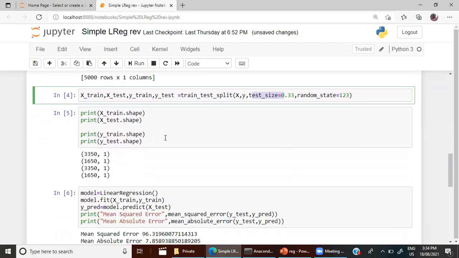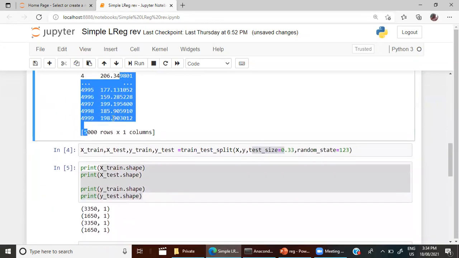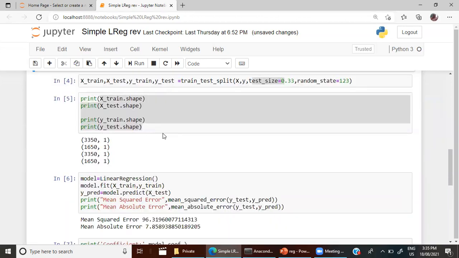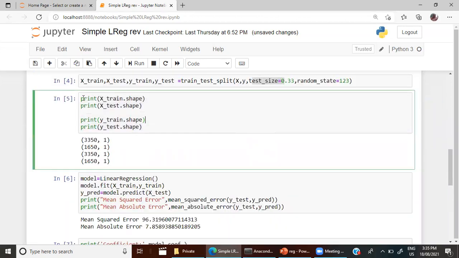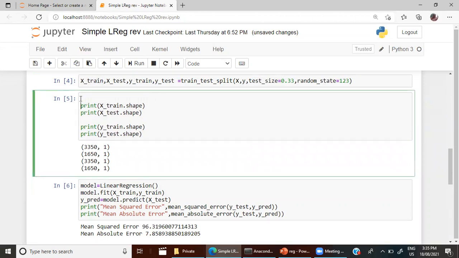The next step is, let's see the shape after split. Before splitting training and testing, we had 5,000 rows and 1 column. So now let's see what the X_train shape is. If you want to know what X_train is, you can also print that, how the data is being split. Print X_train.